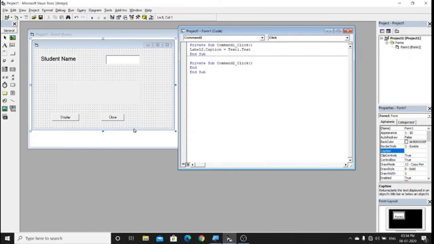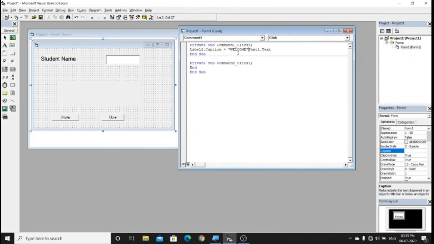Now suppose I want to display a message using the name. Suppose I want to say welcome. Okay. Using the name I want to say welcome. That means this is the name going to appear from the text box. Before that I want to put welcome over here. What will I do? Now welcome is a string. It's a word, isn't it? So I'll put it inside double inverted quotes. Welcome. Close the double inverted quotes.